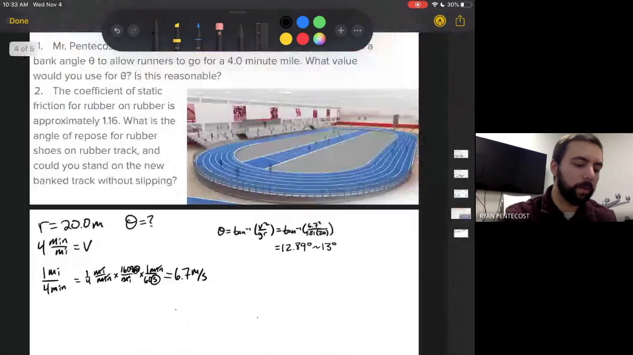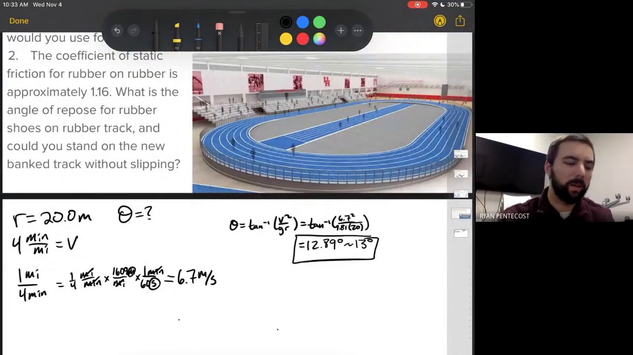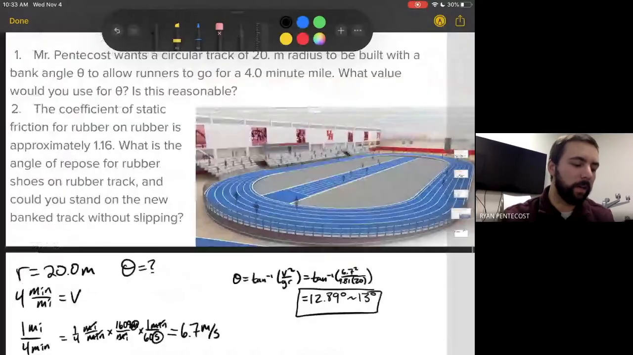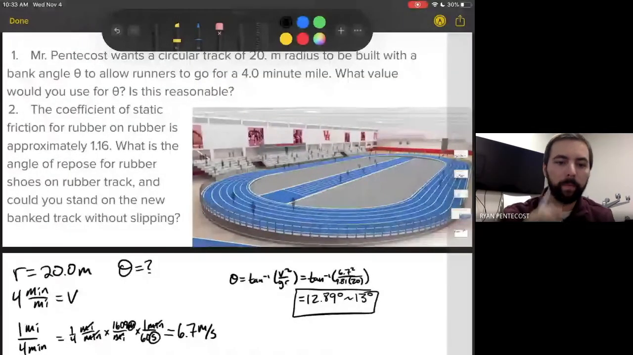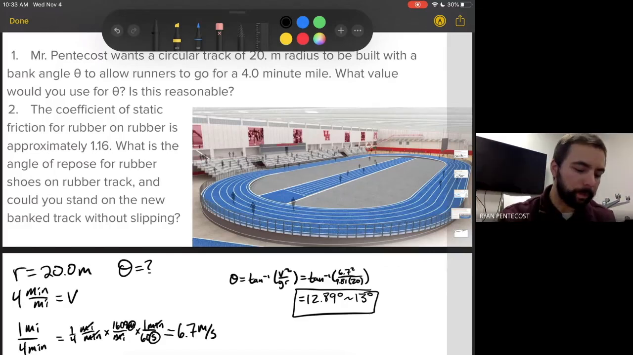Now, that seems kind of steep to run on. So we actually have some more information. The average indoor track is recommended to have a 10-degree bank. So that is actually a little too steep, and it could be difficult to stand on. It can also lead to injury if you're running on it for too long. So 13 degrees is a little excessive. But let's move on to number 2. I don't know that I would call that reasonable, but